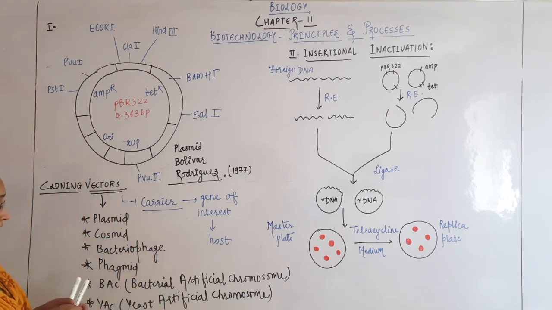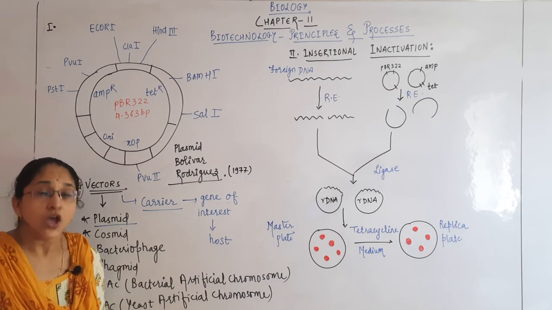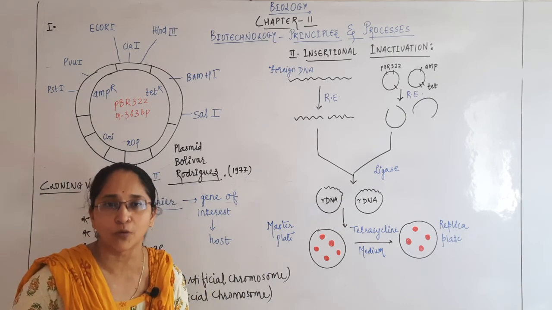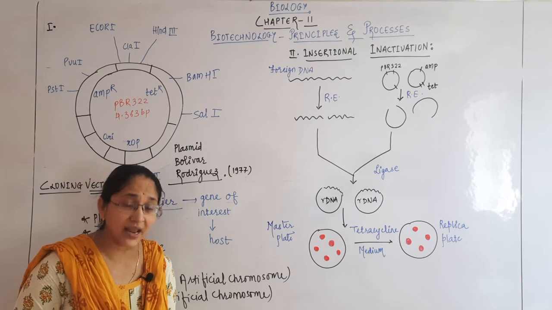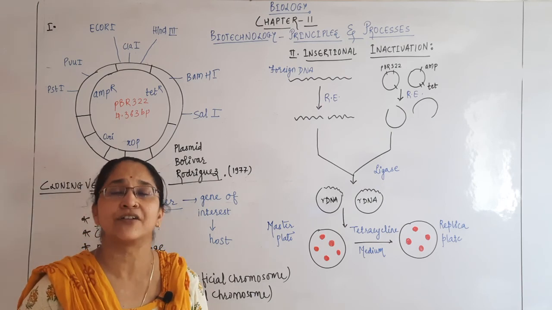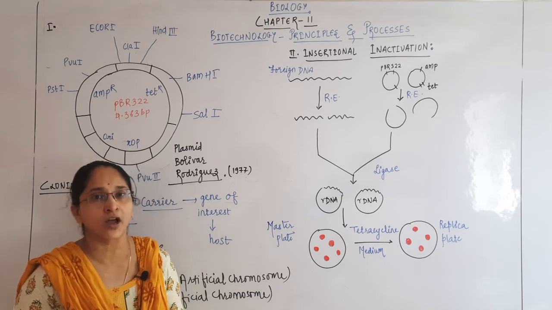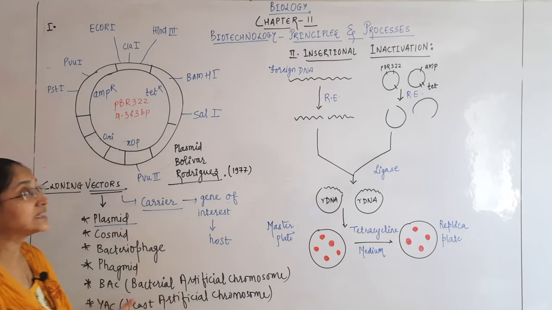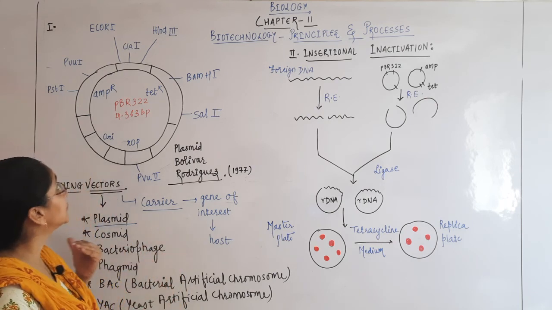Now, the most commonly used cloning vehicle or vector among these is plasmid. Now, what is plasmid, children? Plasmid is extrachromosomal genetic material which is circular and double stranded, and it is present in the bacterial cell. So, bacteria like E. coli have plasmids which act as a cloning vehicle, or can be used as a vector to incorporate the gene of our interest into the host.